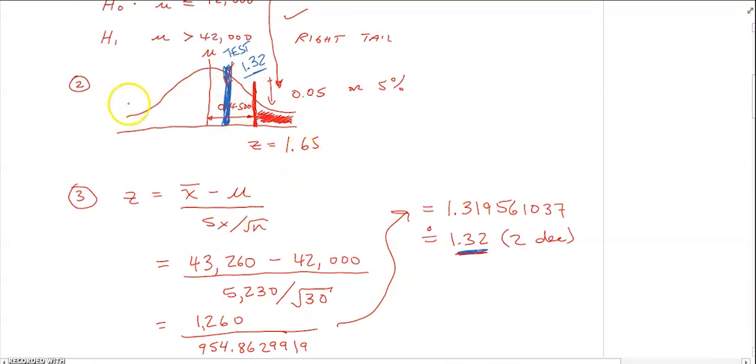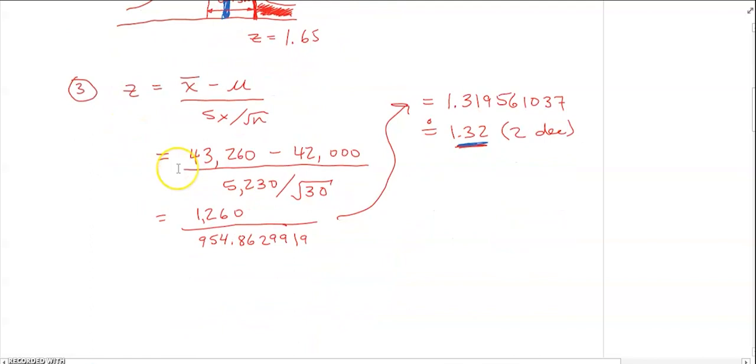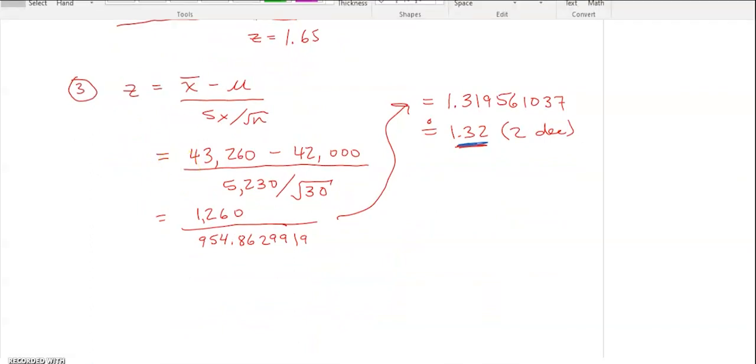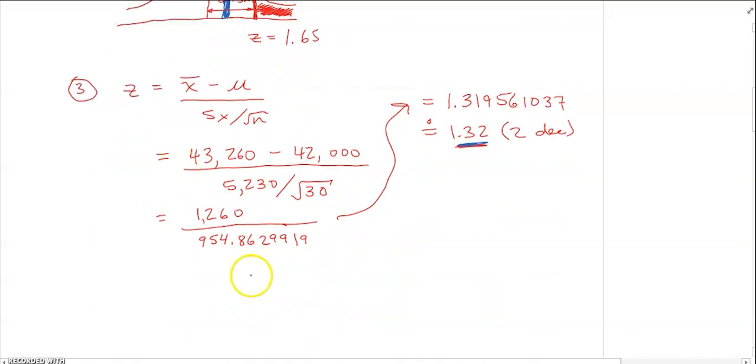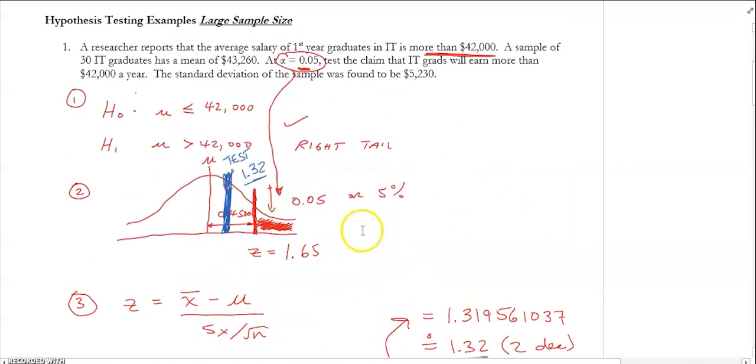So by making our decision, what is the decision that we make? Because that's the 4th step, to make the decision. And the decision in this case is do not reject. Now, what is it that we do not reject? We do not reject our null hypothesis. So let's go take a look at our statement. We are not going to reject the statement. So we are going to accept that the mean is actually less than or equal to $42,000 is really